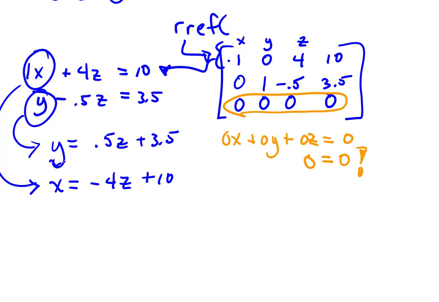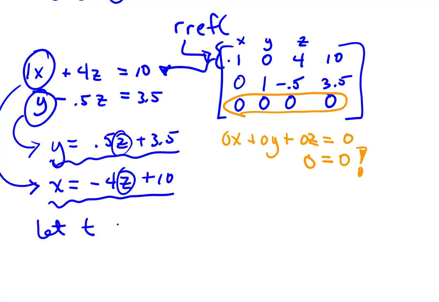And so when we've solved for y and x, notice they're both in terms of z. Okay, so this is where you could have two different options. You could say, let t equal z be a real number,